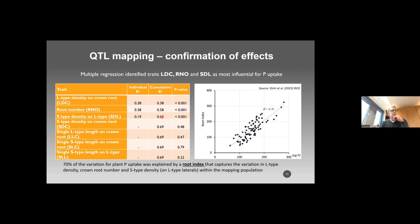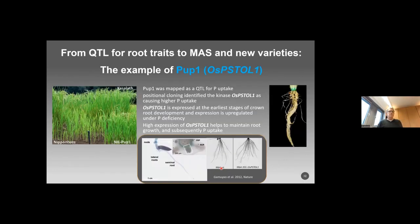And a cumulative model explains almost 70% of the variation in phosphorus uptake in the mapping population. And we have then developed a simple root index based on the variation for these three traits. And again, we see we have an R-square of 0.7. So we can, with relatively good precision, predict the phosphorus uptake of a breeding line based on these three traits. So now we could, in theory, go ahead and move to marker-assisted selection, at least for these two main QTL that we identified. Now you see the study was published this year, so it's all relatively recent results. And I cannot show you any progress in the marker-assisted selection, but to give you an idea how marker-assisted selection would work, I go to an older story of mine